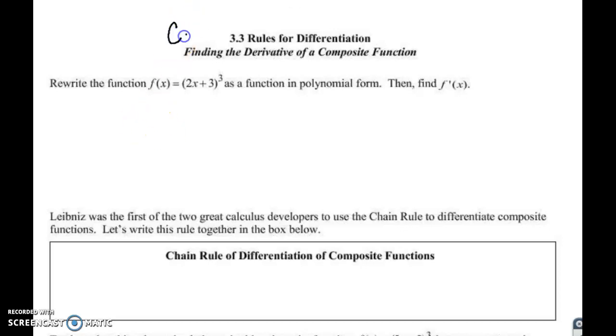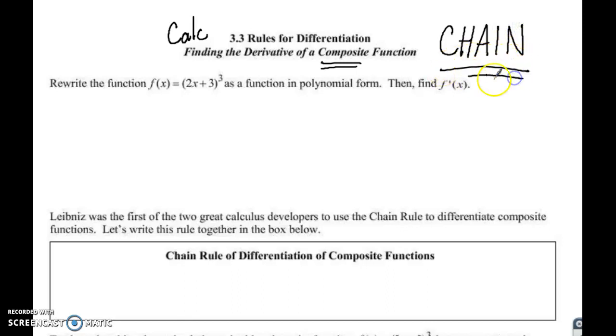Welcome to Calculus, Section 3 of Chapter 3, where we're looking for one more rule, and that's the derivative of the composition function. You'll hear me call this the chain rule. There's a reason for that. Anyway, the first thing that I want you to notice is in this problem, you could, if you really wanted